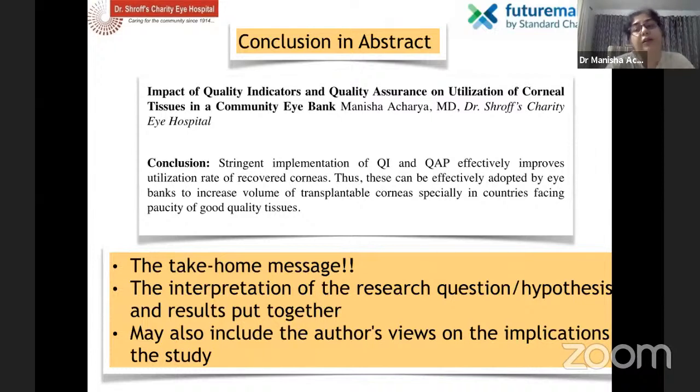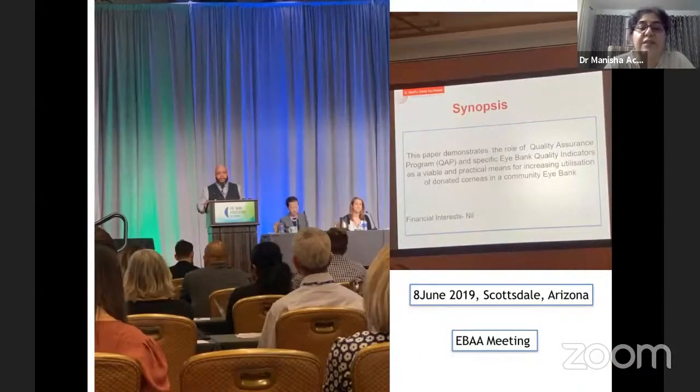Here you can put a line or so of what you think after the study would help the rest of the community. So when you have an abstract like this, it's very nice and heartening to see it presented in these bigger conferences. Unfortunately, I couldn't go, and they asked me if somebody else could present it on our behalf, more like a video, or if somebody else could present over there.